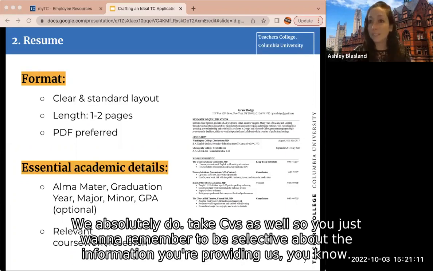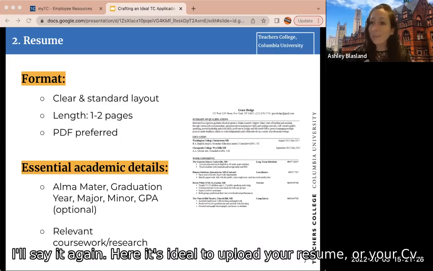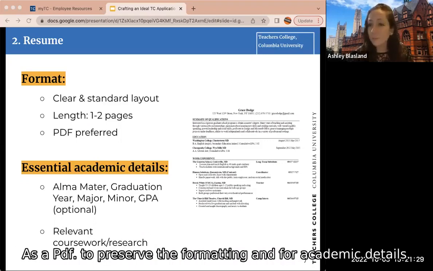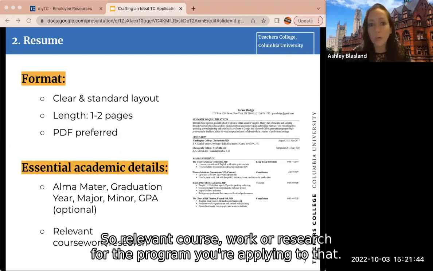If you're someone with a CV, we absolutely do take CVs as well. So you just want to remember to be selective about the information you're providing us. Ask yourself, is this information relevant to the program I'm applying to? I'll say it again here. It's ideal to upload your resume or your CV as a PDF to preserve the formatting. And for academic details, you'll want to list the institutions you've attended, your graduation year, and any additional information you feel is relevant. So relevant coursework or research for the program you're applying to that you feel they might want